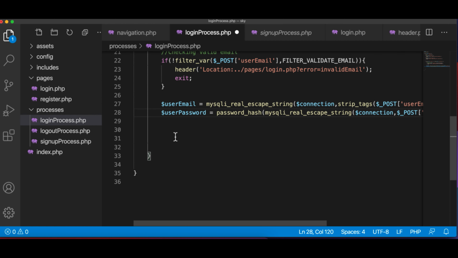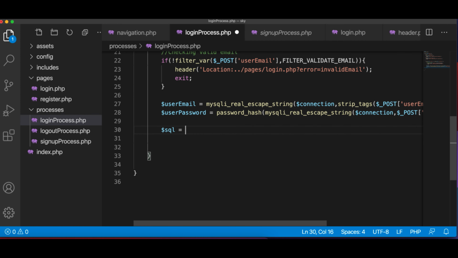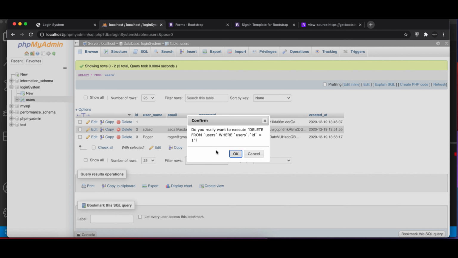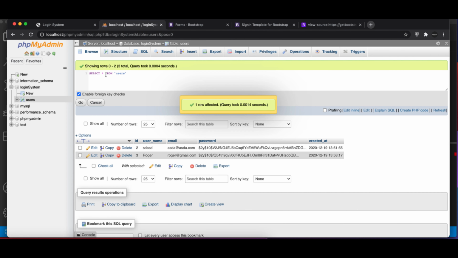Now we need to write a query here. So it's going to be $SQL, which is equal to. Now when you write a query to database, you can go straight away to the phpMyAdmin and the table where you want to query. So for example, here I want to query and get the data based on the user details. So first I delete the first entry because there is no username. Now I say select, you can type your query here and check if you're getting the data correctly,